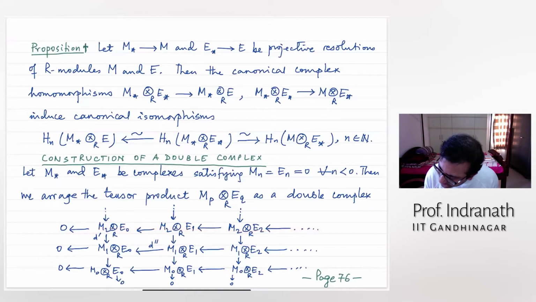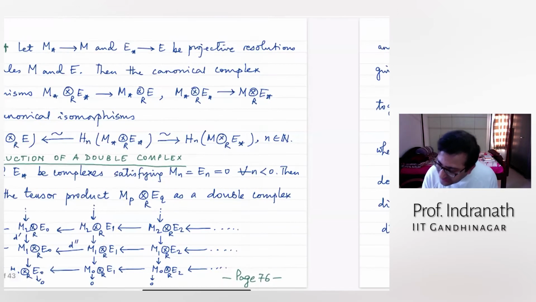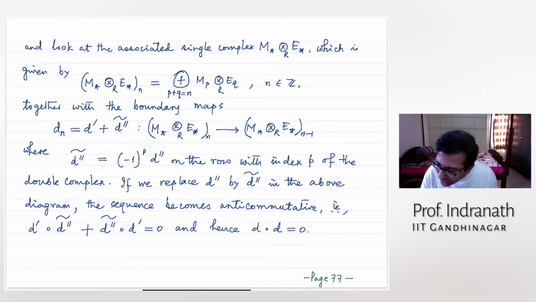These are the threads of E's, okay? These E star, and you are tensoring by each Mi, okay? So now, what did I say? I said that when you are defining these maps, the boundary maps, you have to be careful, because you want a complete commutativity of these squares and things like that. And this was the definition, that in order to have successive maps commute, so that when you compose, you get 0, you have to take care of this sign.